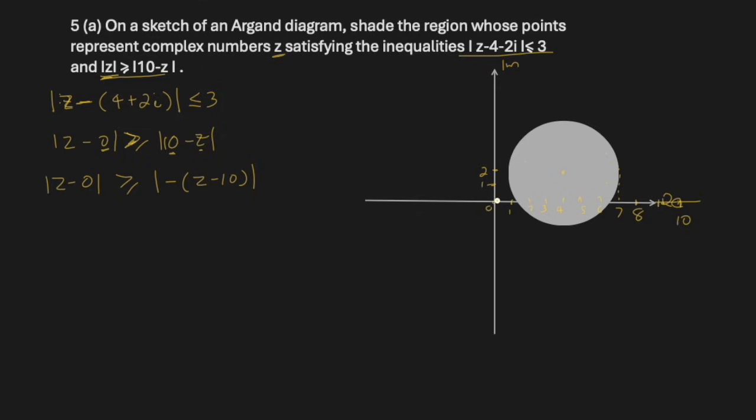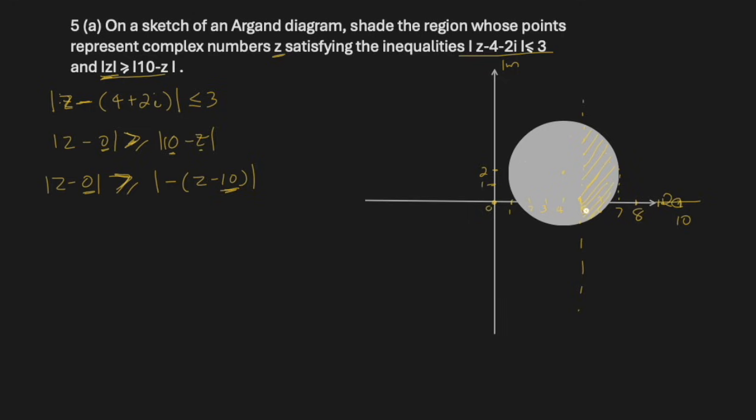And this is 0. So the distance of z from 0 is greater than z's distance from 10. Exactly in between them is 5. That means we will draw a perpendicular bisector of 0 to 10, which will go through 5, right? And it is lesser towards 10 and more towards 0. That means this part will be shaded,